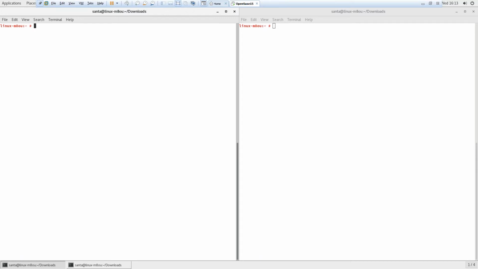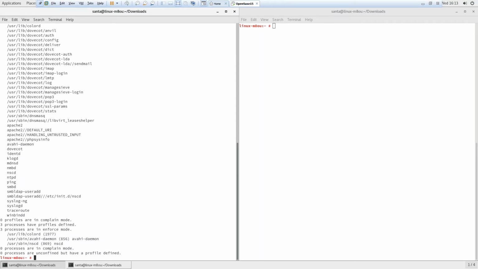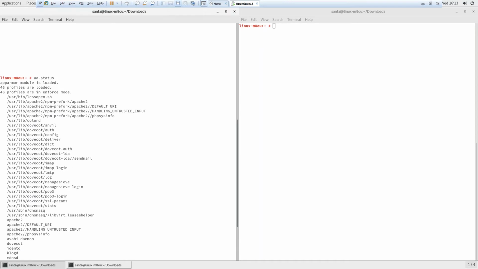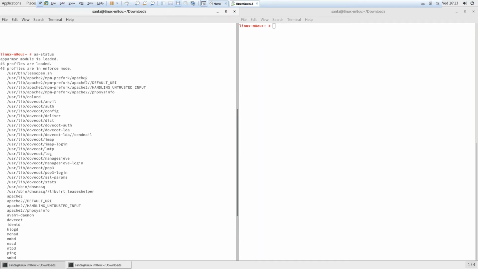We saw the example in the slides. aa-status will show me my current profile enforcement and definitions. So if I take a look at aa-status, you'll see that the AppArmor module is loaded, and I've got 46 profiles loaded in enforce mode. And